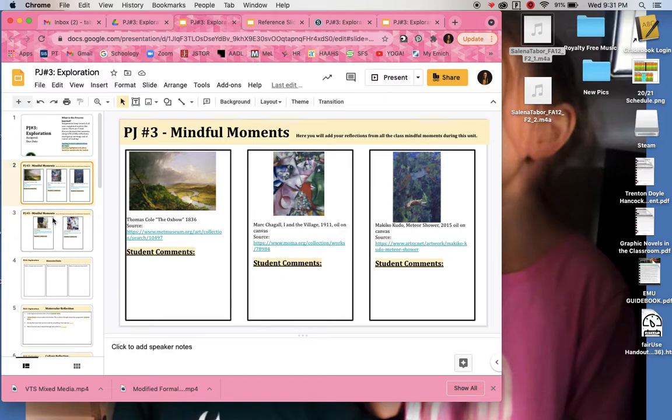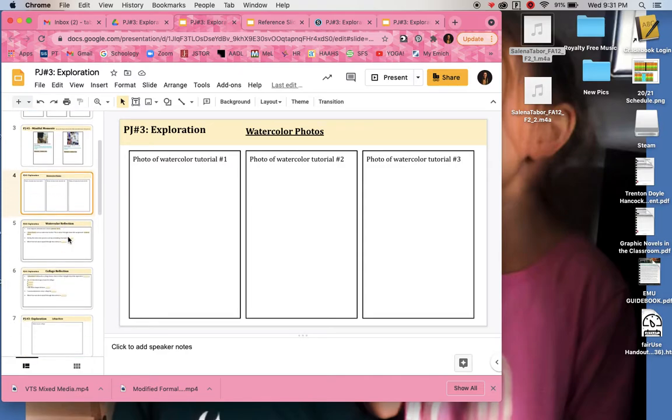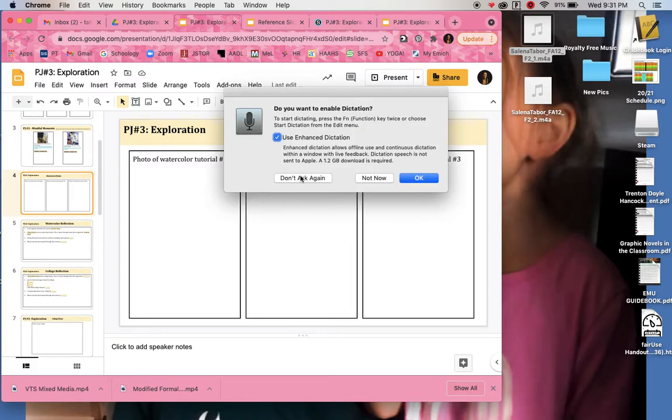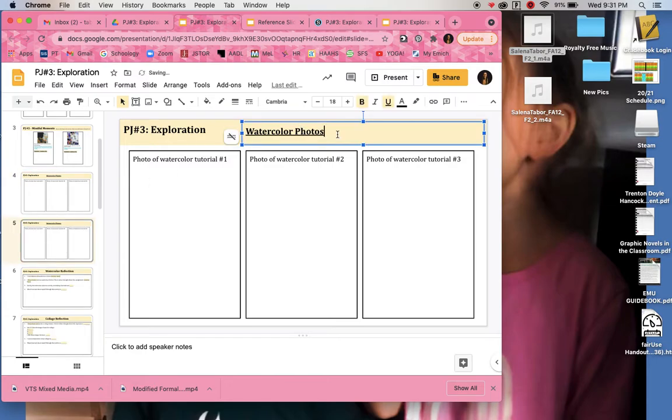So it starts right away with the mindful moments, and then it moves into the photos of your watercolor tries, but I need to add the slide, and I'll add it right here. I'll add it right now, the watercolor. So I'm going to do the color